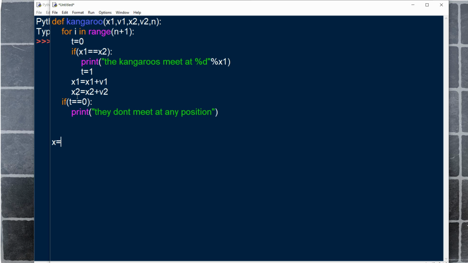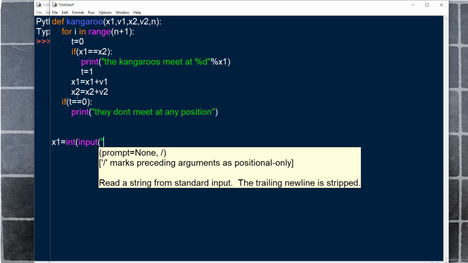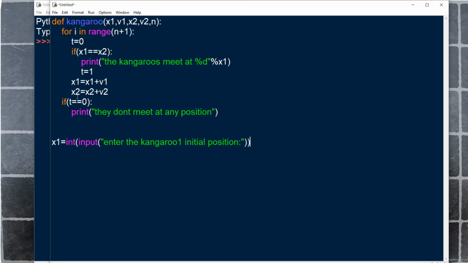Now we need to give the values for the parameters. We can get them from the user, because every time we need to change them. So enter the kangaroo 1 initial position. We can copy the same for kangaroo 2 and for the jump distance.